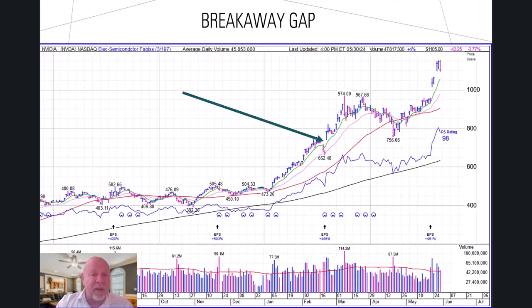But gaps get filled. So let's talk about two kinds of gaps: a breakaway gap and an exhaustion gap. They're both similar, but a breakaway gap is, like I just mentioned, an NVIDIA running away on earnings. The stock breaks out. Here's an arrow pointing to an earnings per share release, and then the next day it opens up, it opens higher, and then the stock just takes off, and it doesn't fill that gap.